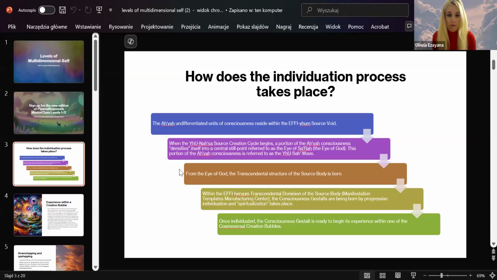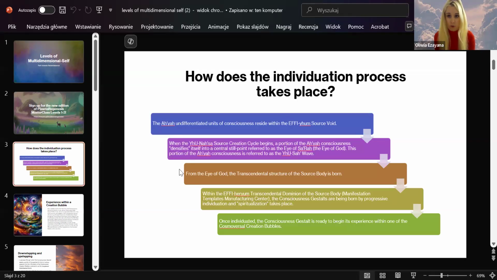On the next step, within the ephemerium transcendental dominion of the source body, that is referred to as the manifestation templates manufacturing center, the consciousness gestalts are being born by progressive individuation and spiritualization taking place. So that means that before a consciousness gestalt, which is like an aspect of the Yusa wave that wants to take on a form of its own, before it actually chooses to incarnate into the structure of the cosmoversal creation bubble, it is basically going through